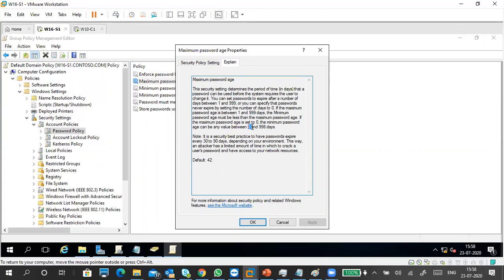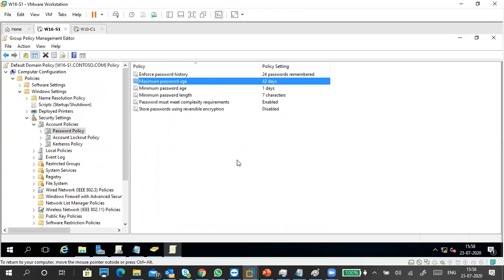You can give 0 to 999 days as the maximum. Means I can give some 900 days, so my password won't expire until then. But for security reasons, they change it to 30 days, 40 days, like that.